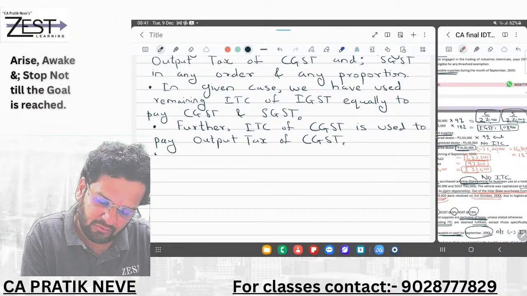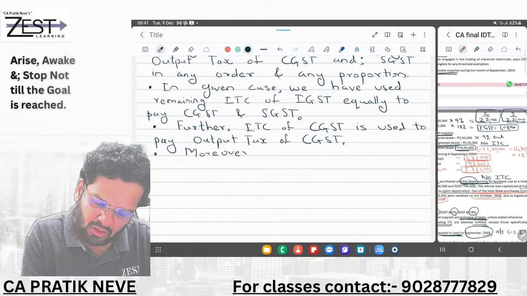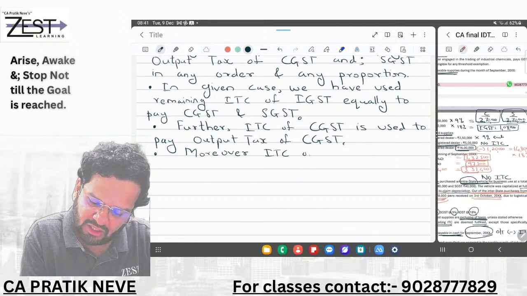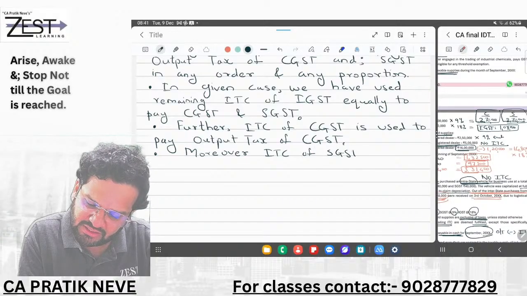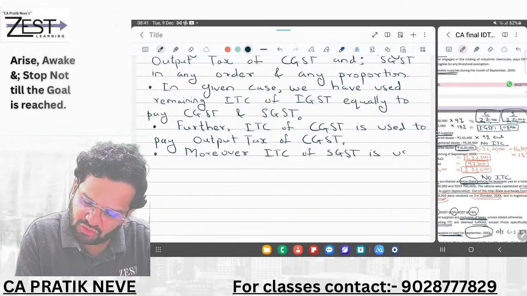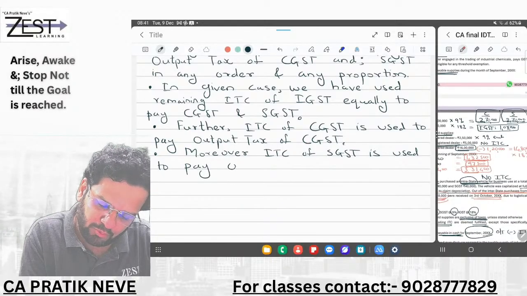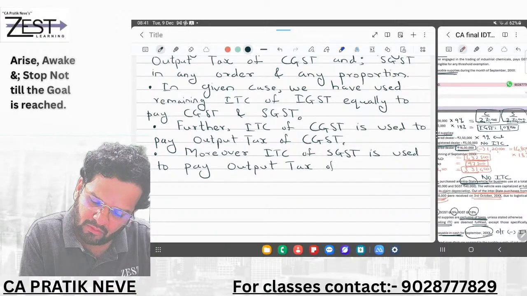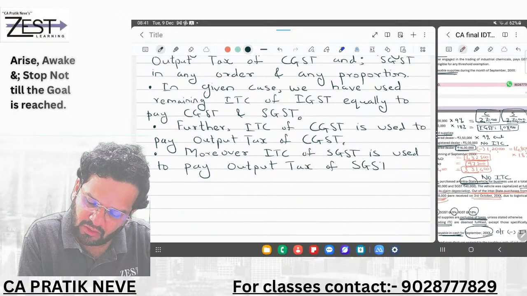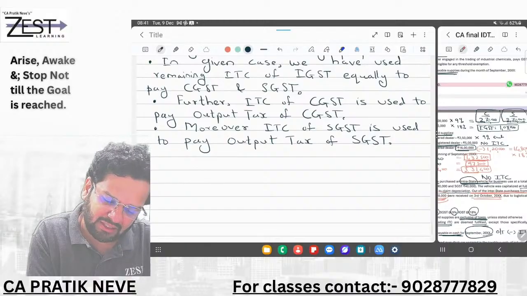Then moreover, ITC of SGST is used to pay output tax of SGST. It should be noted that